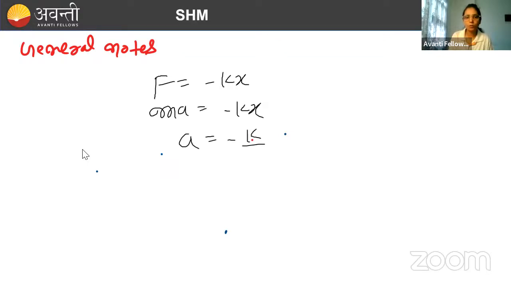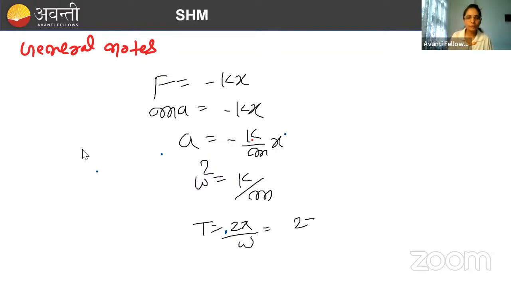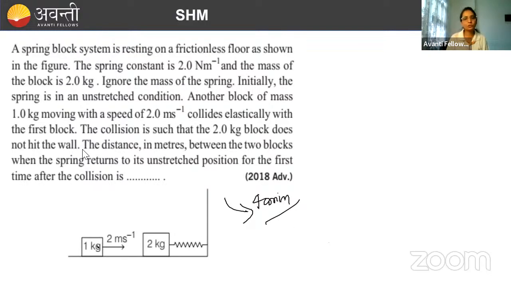फॉर अ स्प्रिंग, हम ω कैसे calculate करते हैं? स्प्रिंग के लिए फोर्स क्या होता है? माइनस kx होता है ना. m into a, आप क्या लिखोगे? माइनस kx. a क्या होगा? माइनस k by m x. तो ω² किसके बराबर है? k by m. You all must be aware of it, right? T equal to क्या लिखोगे? 2π by ω. So answer क्या होगा? 2π √(m by k). This is it. Now in this question, what the question is: